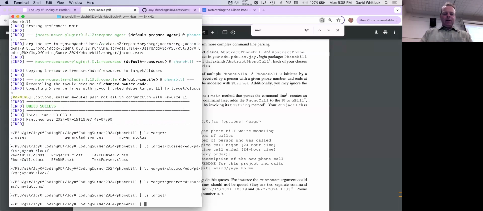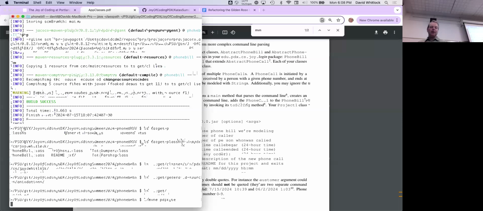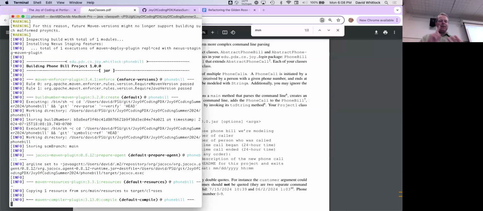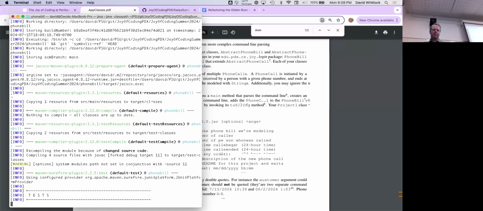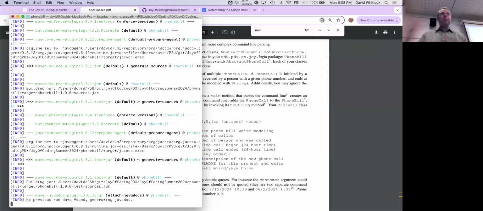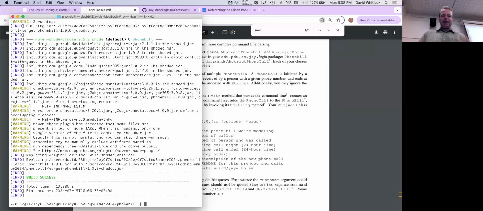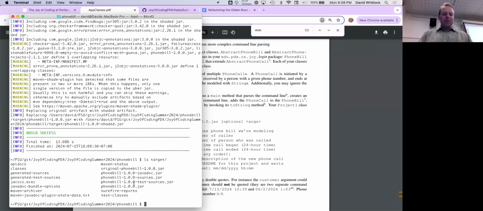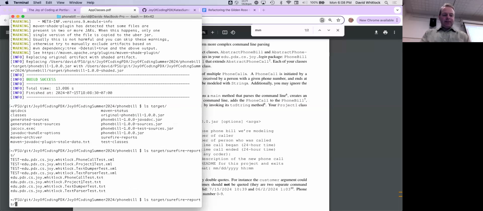But then if you run the Maven package phase, that will compile the source code, run the unit tests, and build a jar file. Again, all in the target directory. Or rather, it will output all of those generated things, like the class files, like a report that summarizes how your tests ran, all that good stuff. And so now in our target directory, we've got a bunch more stuff. We've got these jar files, these things called surefire reports, which are outputs from running unit tests. I encourage you all to explore these kinds of things.